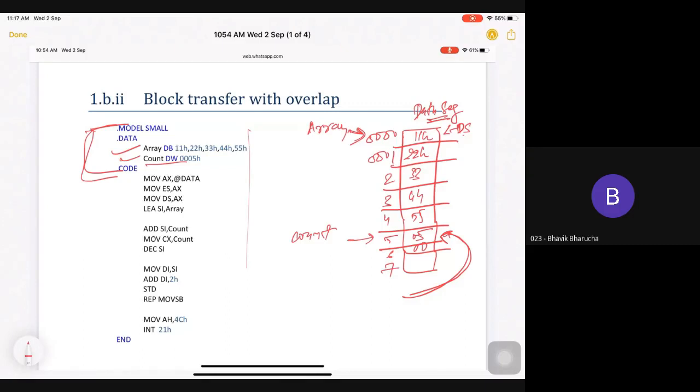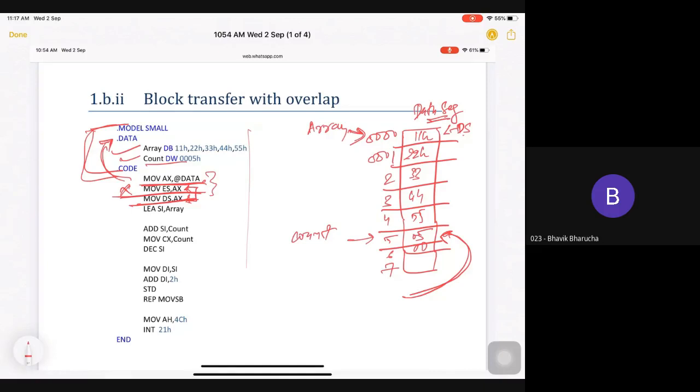In the code segment, we write our code. My first line is for assigning my data segment. I want to tell my assembler that I have a data segment and it starts at this point. So MOV AX, @DATA will tell my assembler that this is the logical name of my data segment, and it will assign that value to my data segment as well as the extra segment. There is no need to assign the extra segment if your code is small, so it is actually not needed. If you don't write it, that will work, but this line is needed.